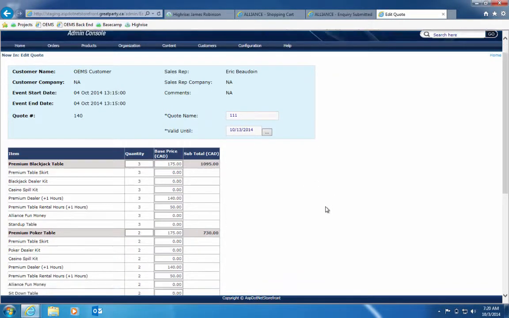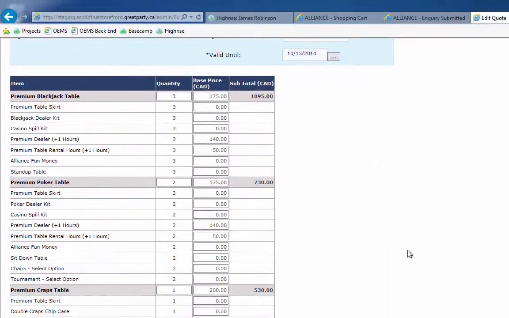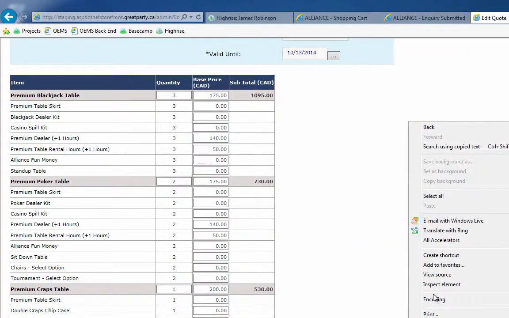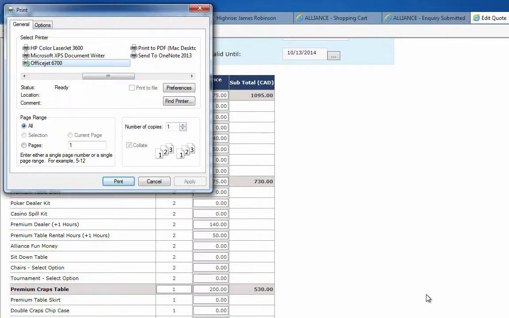Now it shows me this quote here, and now I'm gonna print this here. So I'll right click this here and print. What I want to do is print the file. So you might have a PDF printer installed on your computer. If you don't, you can use this XPS document writer. I'll click on this. I'll say print,